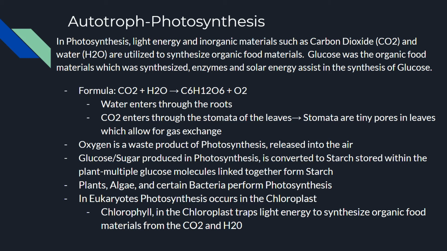So basically, autotrophs that use photosynthesis use inorganic materials, which are carbon dioxide and water from their environment, and along with the use of solar energy and enzymes, these become converted into the synthesis of